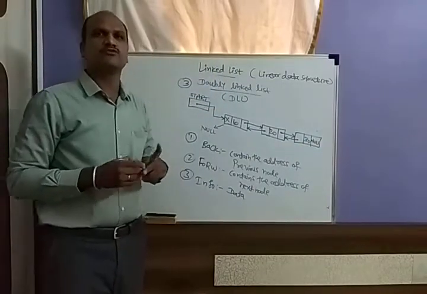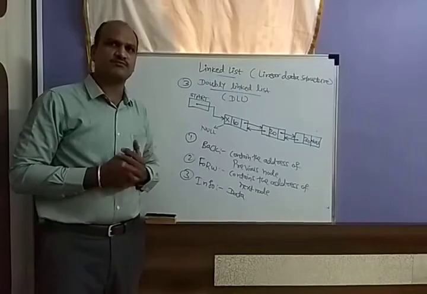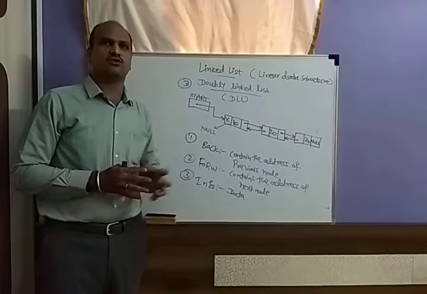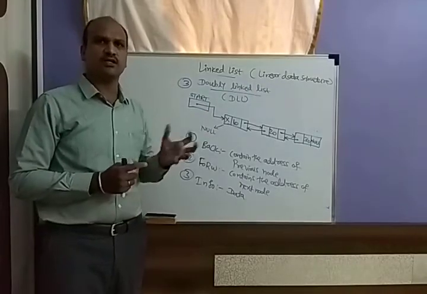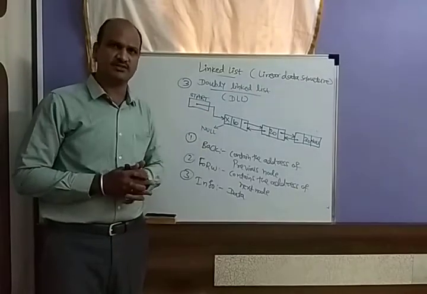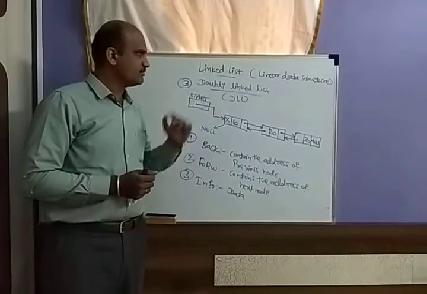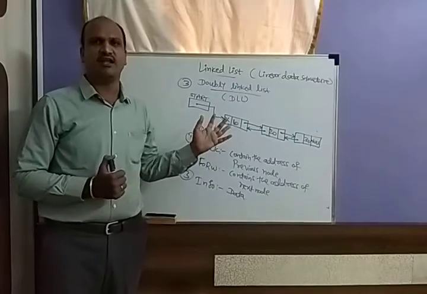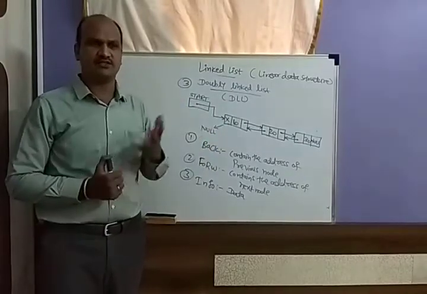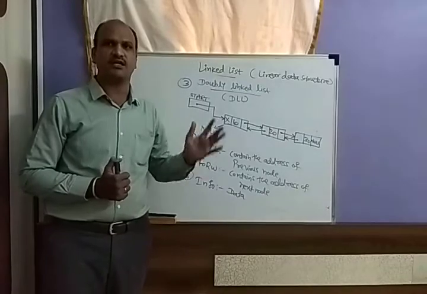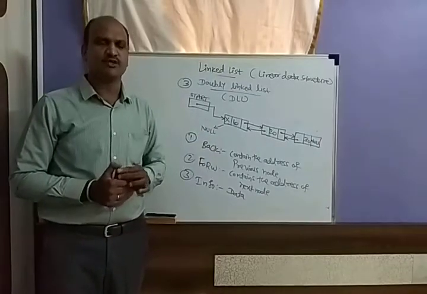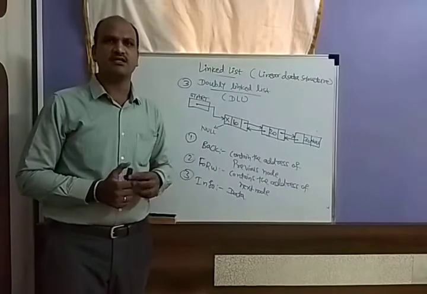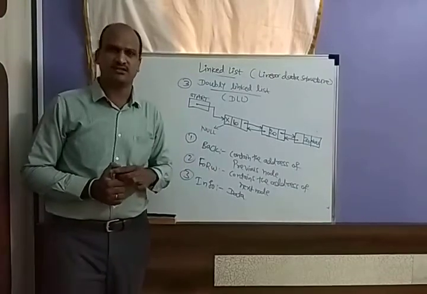So today we discussed what a linked list is, what a node is, that the node contains two parts, how exactly you can represent the linked list, and the different types of linked list: SLL, CLL and DLL, that is singly linked list, circular linked list, and doubly linked list. In the next class we will see how exactly insertion and deletion happen in the linked list.